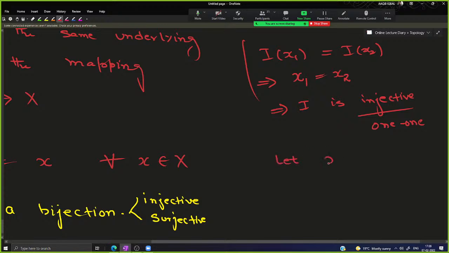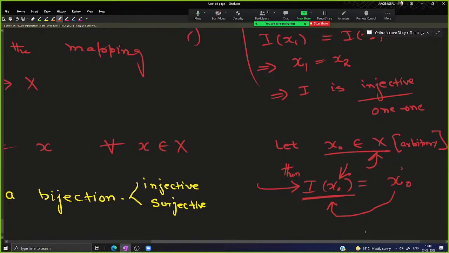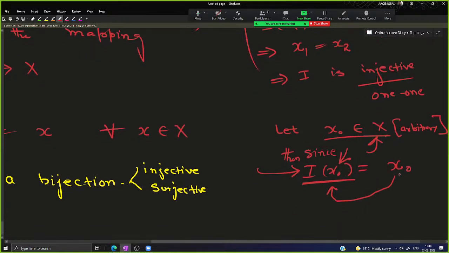सर्जेक्टिविटी जो बहरहाल उसमें भी कुछ करना ही नहीं है आपको, बिकॉज अगर आप लेंगे, let x naught be some member in capital X, तो अगर आप इसे देखेंगे I of x naught, बाय डेफिनेशन I of x naught इज इक्वल टू x naught। तो मैं आपको दिखा रहा हूँ this x naught which was chosen arbitrarily, it can be seen as the I image of some point x naught in the space X। So that means this mapping is surjective also। It is injective, it is surjective, so that means it's a bijection।